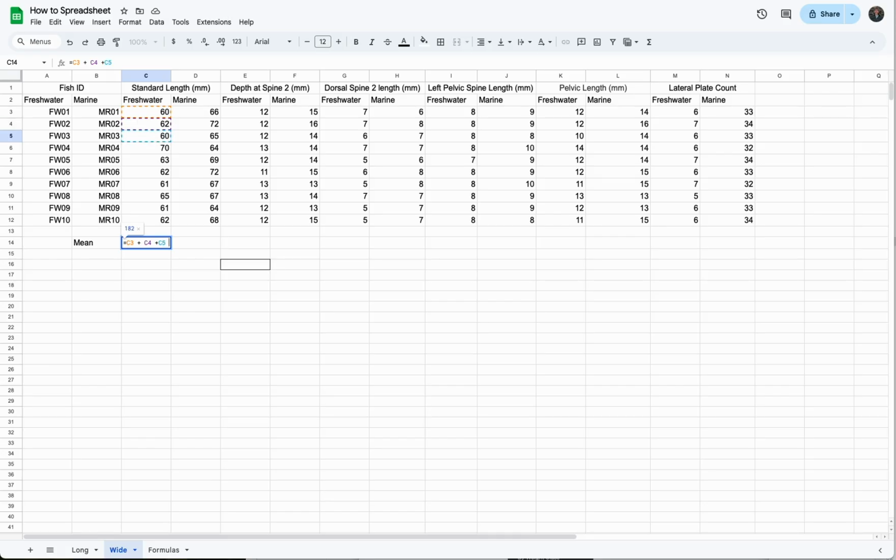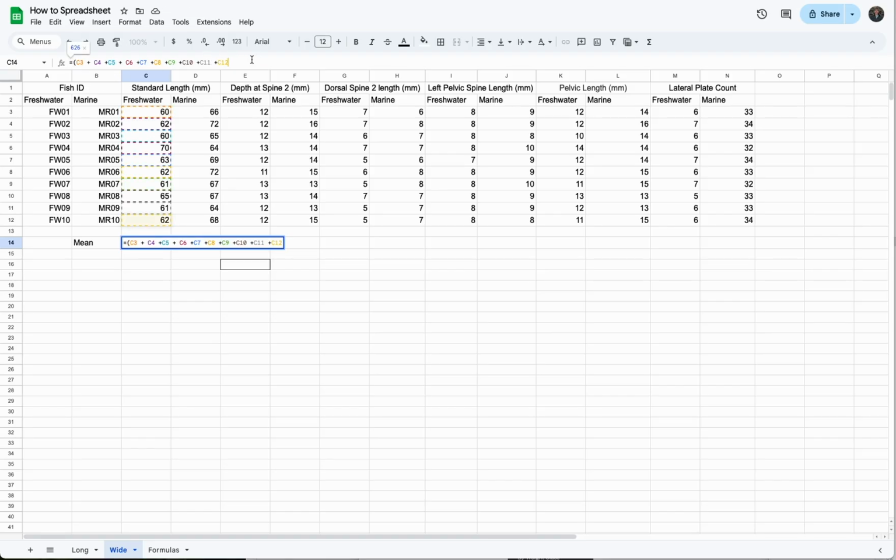And we're going to add to that the value of C6, add to that the value of C7, add to that the value of C8, add to that the value of C9, add the value of C10, add to that the value of C11, add to that the value of C12, right? So there's the sum, and if we want to make a mean, we now need to divide that